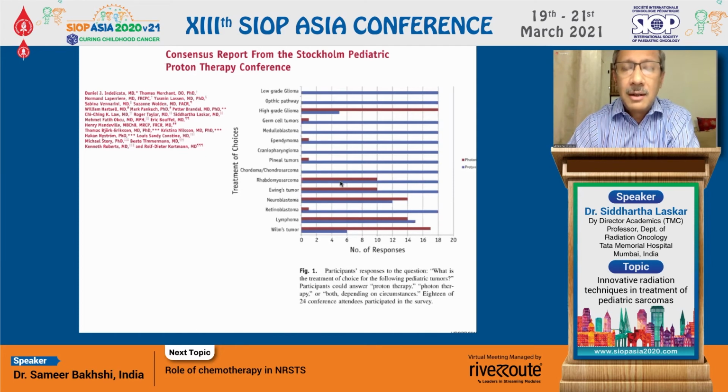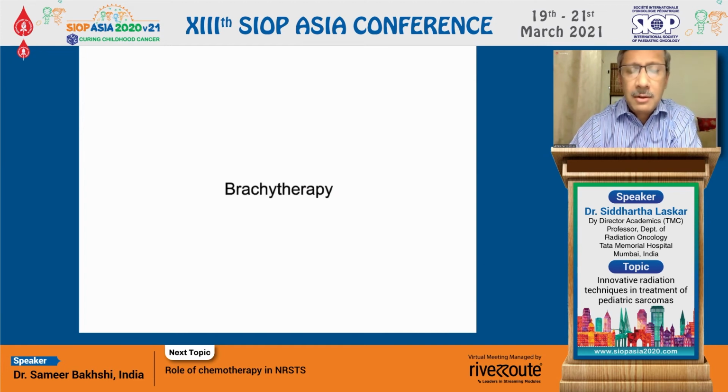And there were similar findings for children with rhabdomyosarcoma and Ewing sarcoma. So there seems to be a consensus that there is a definite benefit of using proton therapy or particle therapy for these tumors. Now moving on to the last part,